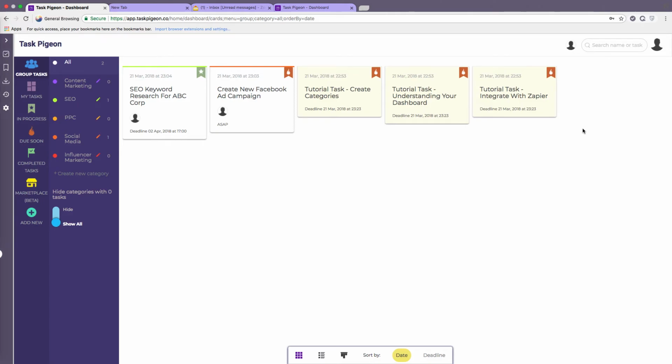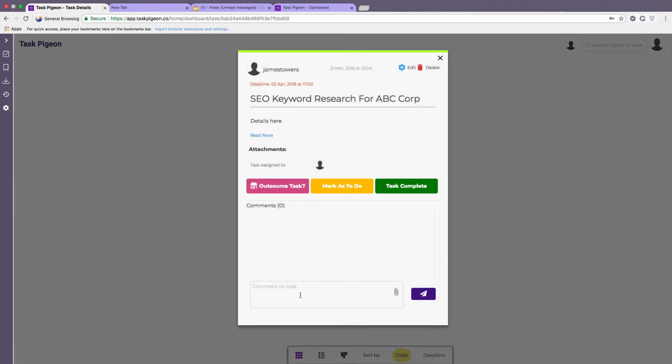Also using the admin component, if you go to the team directory, you can assign guest users. Essentially, that means they can come in, view a task, and comment on a task, but they don't have access to editing, deleting it, marking it as complete, or anything like that. This works great if you have clients who just want to be kept up to date with the tasks